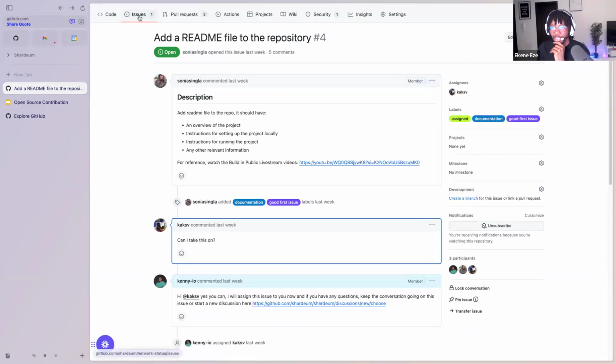But I wanted to do a different one, maybe a code contribution that we have on a different repo. But I've learned that if you're trying to teach people how to do something, you find the path of least resistance. If I start showing you how to make a code contribution to this repo, you might start feeling overwhelmed or feel like, okay, maybe this thing is not for me.